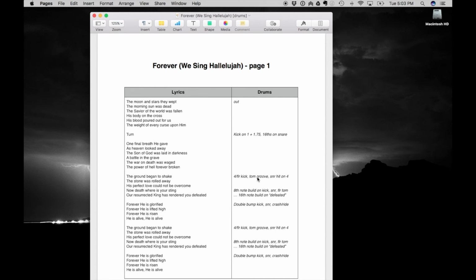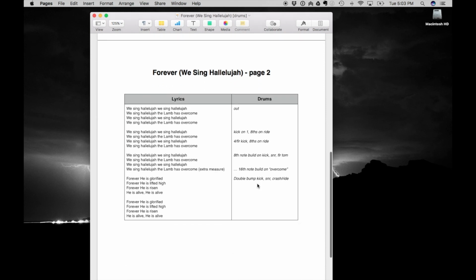There's nothing more frustrating than getting to rehearsal and realizing that you didn't study something that you're supposed to, or even worse, studying something that wasn't a big deal. So I'm trying to not waste the player's time and to communicate vision and direction prior to rehearsal. And this is the way that we accomplish that. So that's a look into the various charts that we use for our drummer, bass player, guitar player,